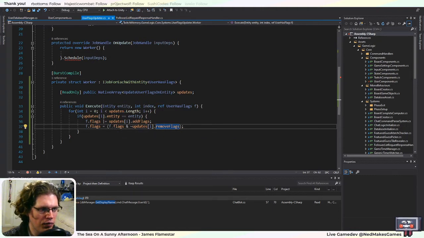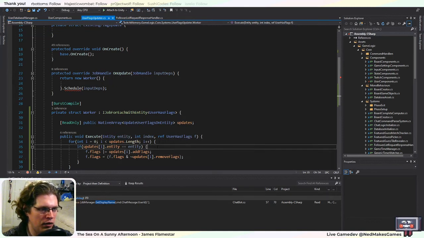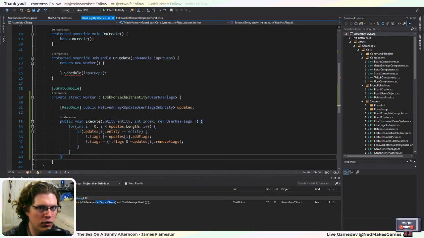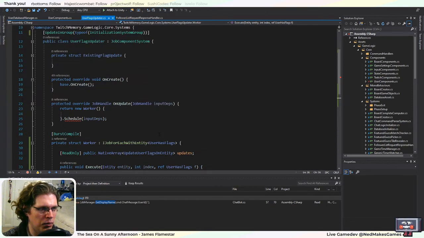So the only way that the output for this entire thing would be a 1 is if the flags started as 1 and then the update was 0. So that means we didn't want to remove that flag. Anyway, I hope that made sense. I know it's kind of a crash course on binary math. I'd encourage you to look up bitwise operators and Boolean algebra if you are curious more about how that works. Kind of hard to verbally explain it without like a pictogram, but